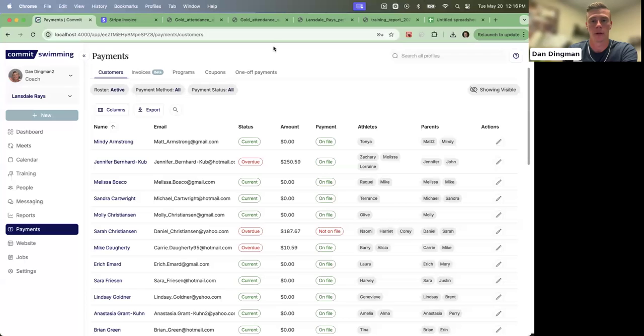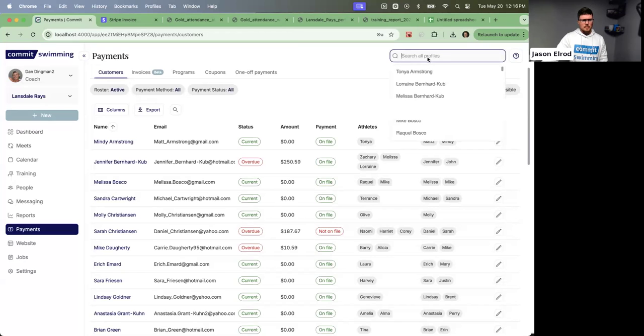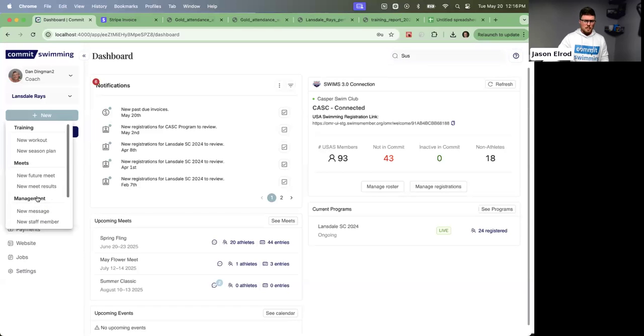Jason, am I missing any of the new feature rollouts, Cal, that you can think of that are worth sharing? No, I think right now that covers a very high percentage of it. There are a couple of things in some of these areas, and even other things that in the coming months we'll be working on. And we have the new button there, which allows for quick access to things, based on your permissions and your settings and what you have access to.